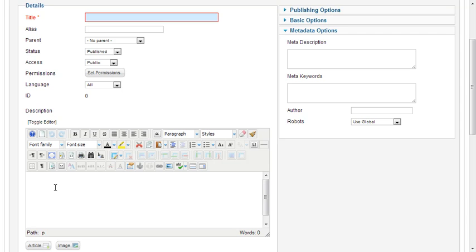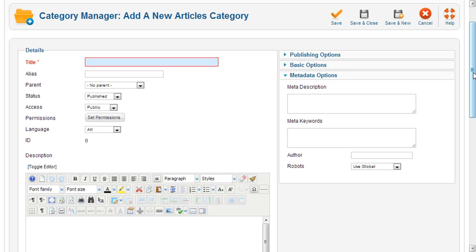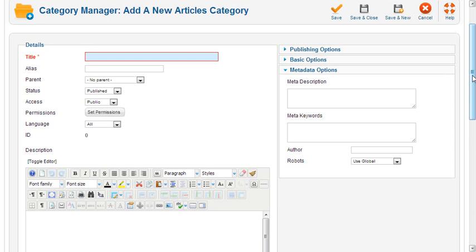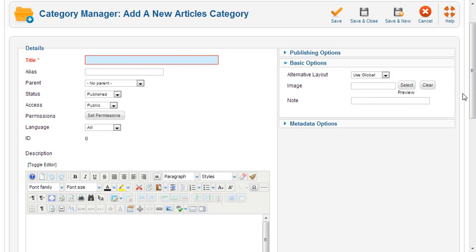So what you'll see is normally what happens when you publish an article category using a menu or a module perhaps, typically when someone lands on this page, they'll see this text, and then in addition to that, they'll see any sort of image you've got. The layout of this page is not the most flexible, to the extent that if we were to publish an image here and select an image for this category and put some text in this box,